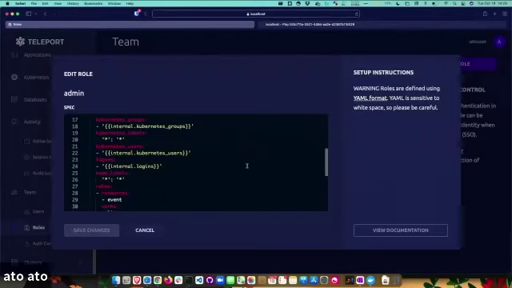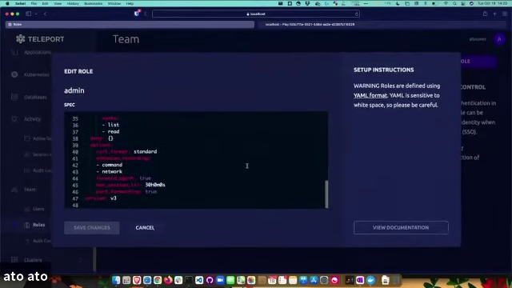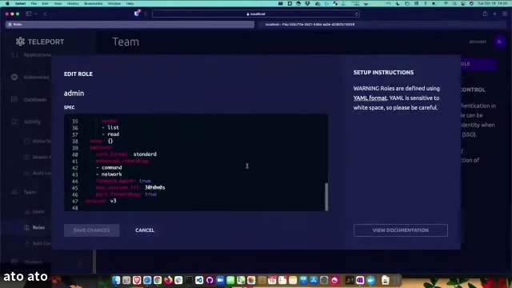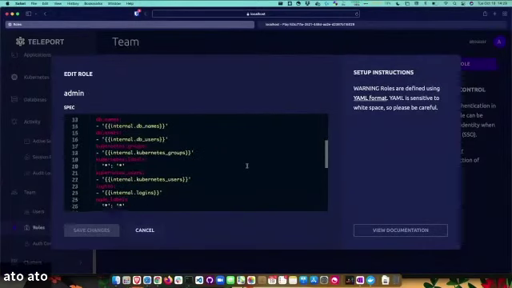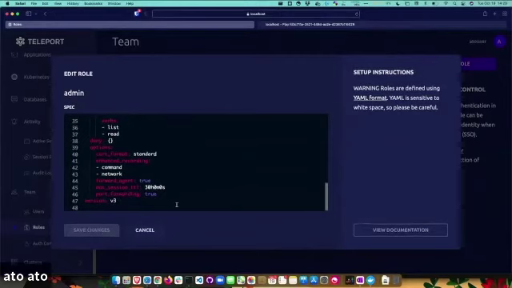All the roles are written in YAML. So if you hate YAML or you love YAML, it doesn't matter. You're going to get it. So everything is written in YAML. You can modify this. So when I authenticate and log in, I have a 30-hour token or certificate that potentially I can have based on what role I have.